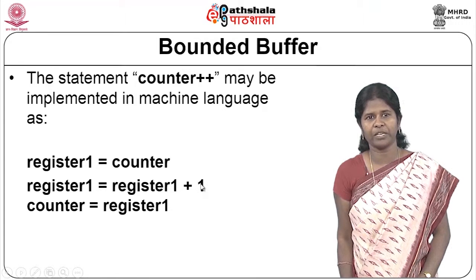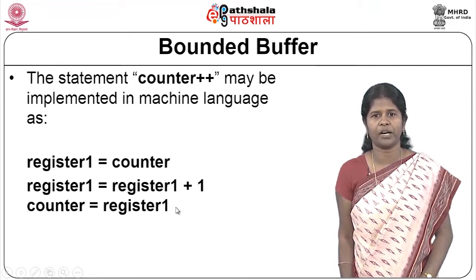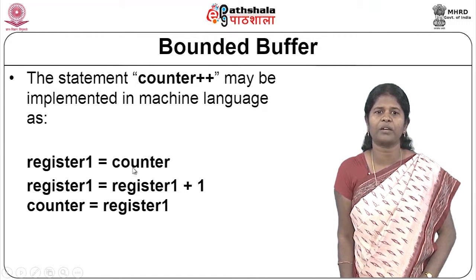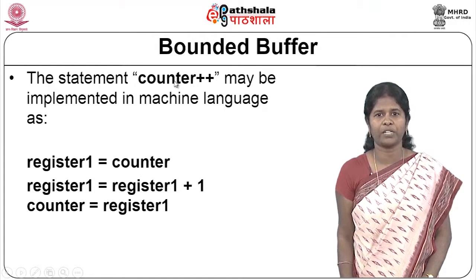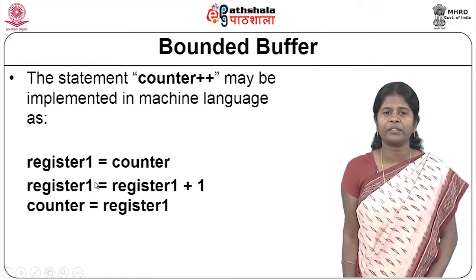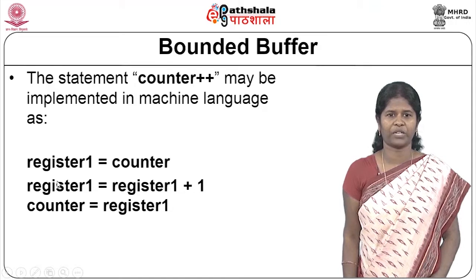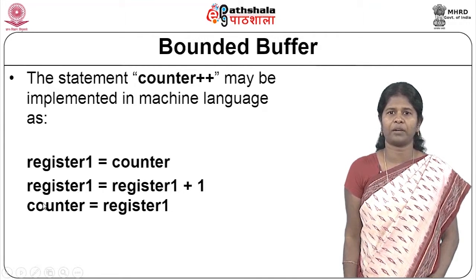And then after incrementing the contents of the register, the value of the register is copied back to counter. So, even though this is just a single statement in the producer's code, in turn it is executed in 3 different instructions: first copying counter onto register, then incrementing the register's value,